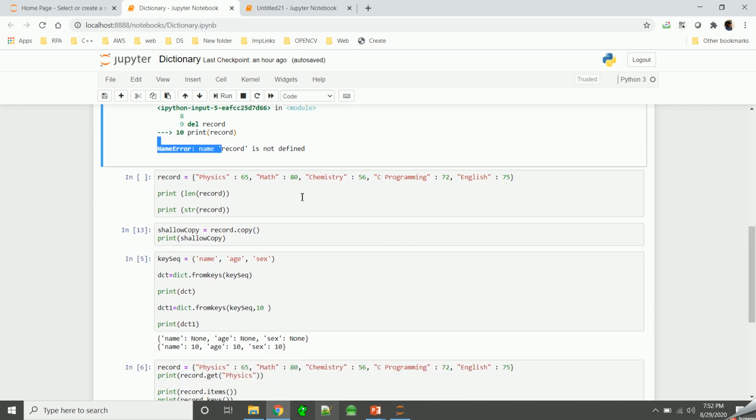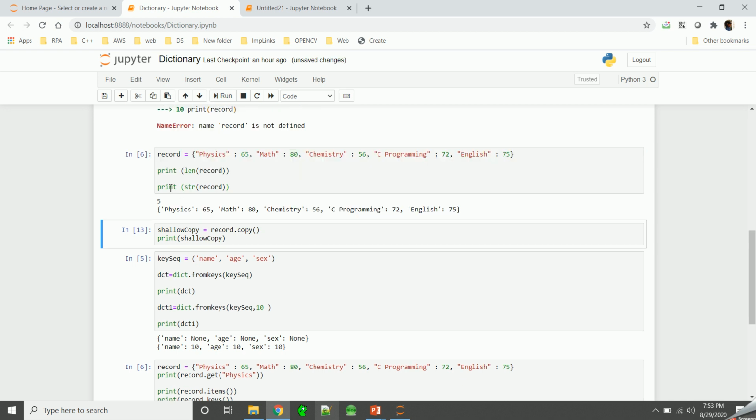Next thing we have is getting the length of the dictionary. If you want to get how many elements are there in the dictionary, you can use this length function and you will get it. Another is, if you want to convert this dictionary into a string, you can use this str function. It will convert the dictionary into a string. Okay, so you can use that as a string. Now if I run and see what is the output,